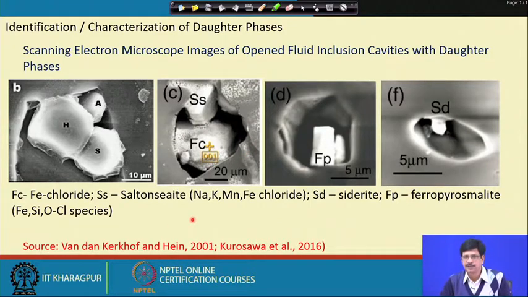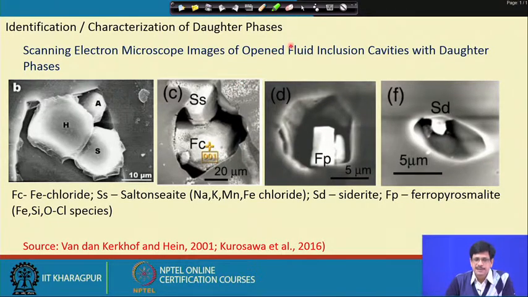The other aspect, or the third component of the fluid inclusions, are the daughter crystals. Daughter crystals, in many cases, are identifiable. One of the important objectives is to actually identify the daughter crystal which is inside the inclusion cavity. Sometimes a daughter crystal like halite could be easily identified, but sometimes there are daughter crystals which remain unidentified, in situations where multiple daughter crystals occur, like in a porphyry copper deposit or many such. Even sometimes there are many different types of daughter phases observed in an inclusion cavity.